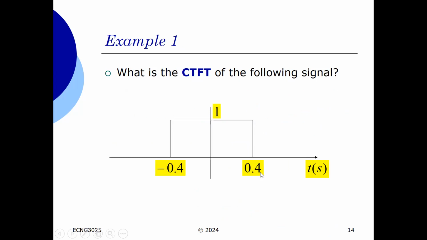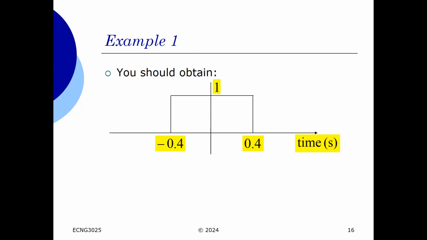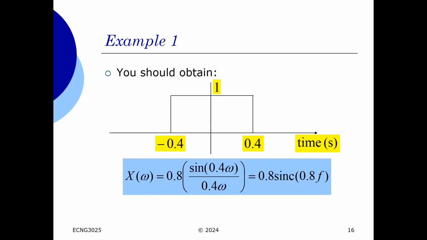If I were to give you something like this, this is where we do a little bit of calculation. If I ask you what is the continuous time Fourier transform for this signal, this is a pulse. You apply the equation for the continuous time transform, where the integral runs from minus 0.4 to 0.4, let's assume the time is in seconds, of 1 times e to the minus j omega t. If you do that, you're going to get